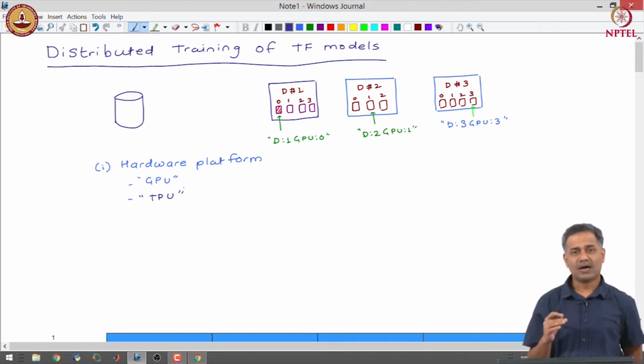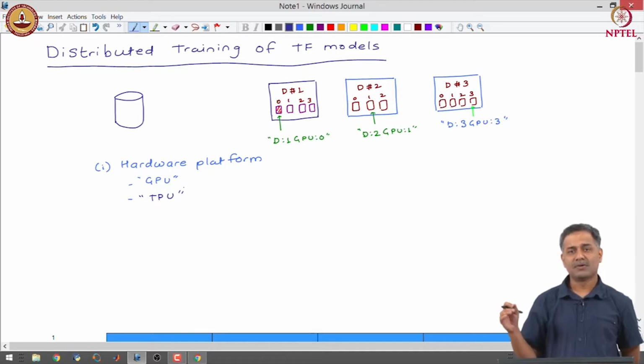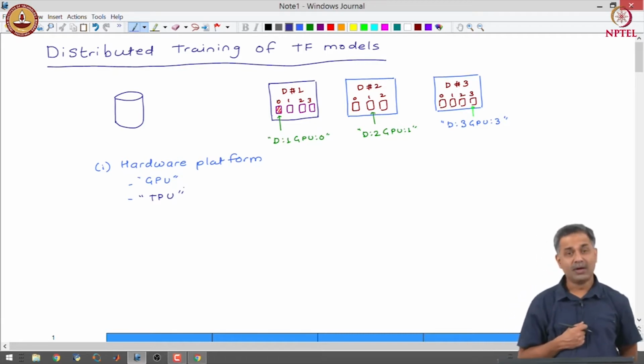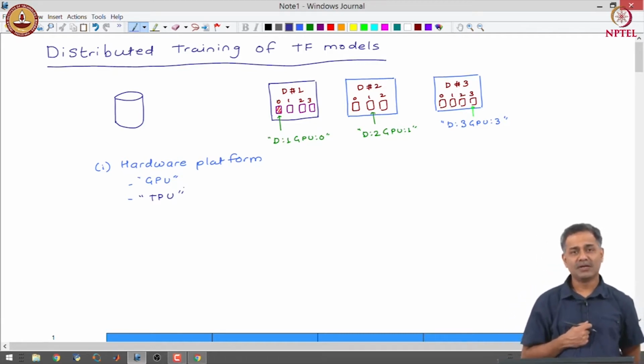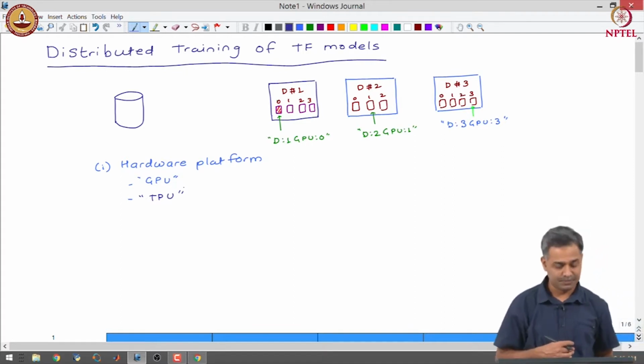TPUs are very similar to GPUs except for certain parts that are not required for performing high end computations. TPUs are generally an order of magnitude faster than GPUs.